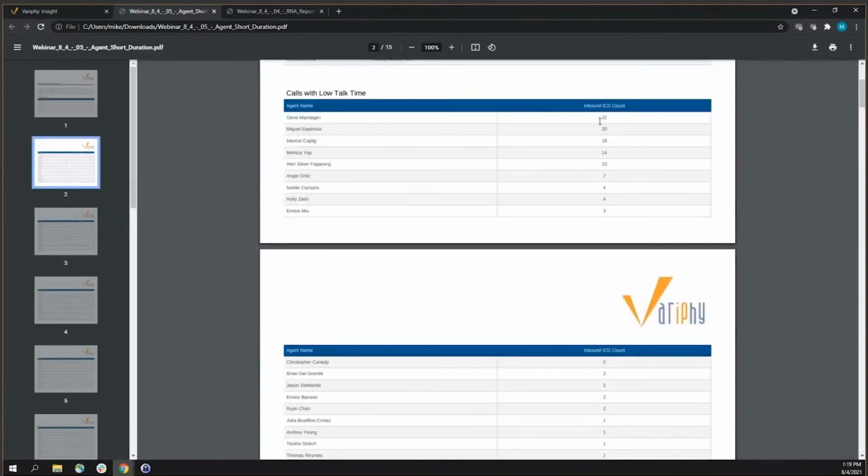Now instead of looking at calls with talk time of 0 seconds, we're looking at calls with a very short talk time, because talk time is when the agent is connected to the caller. If you say, hello, my name is so and so, how can I help you? That's 1 to 2 seconds, 3 seconds, 4 seconds, 5 seconds, maybe. Why would an agent have a 5-second phone call with a calling party? So